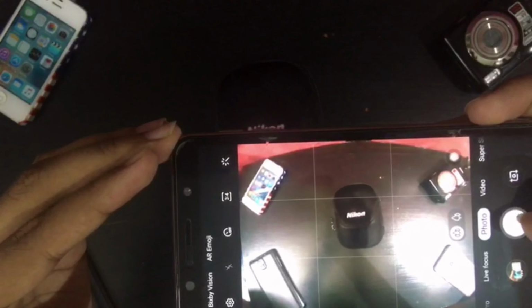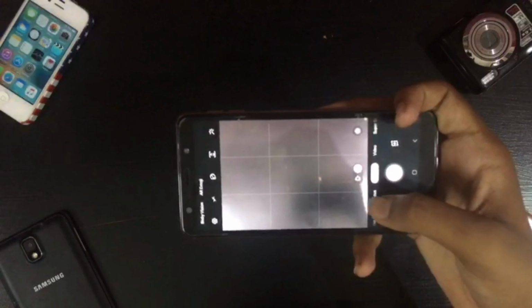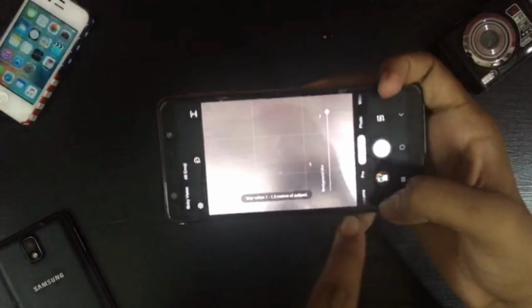The wide angle camera can be used in many ways, but one disadvantage is that in portrait mode or live focus, the wide angle camera is missing because of some technical reasons of the camera. Unfortunately, I don't have a phone with a fourth or fifth camera, but I can show you an example, like this Samsung Galaxy S20 Ultra.